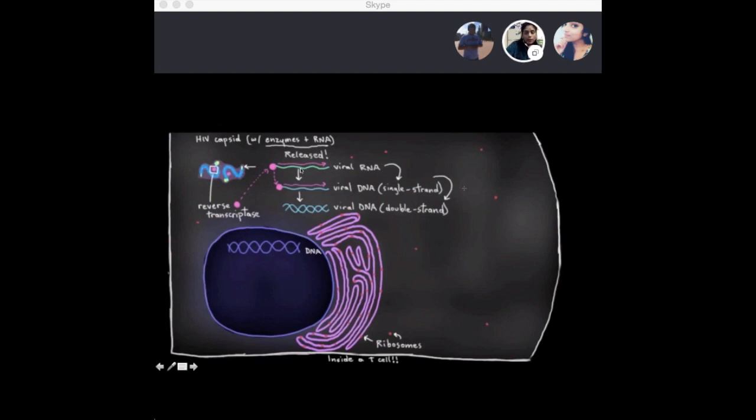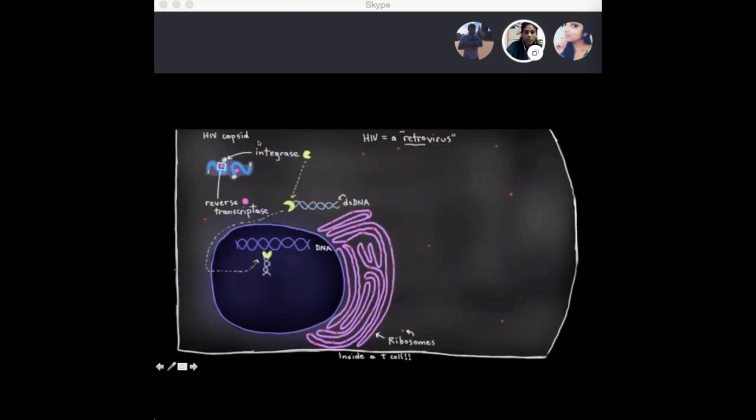And then viral RNA, so it's single-stranded, is going to turn into single-stranded DNA, and then viral DNA double-stranded. So essentially this process is going the opposite direction of our central dogma. Instead of from DNA to RNA, we're going RNA to DNA. Okay, so then the next step, so now that we have our viral DNA,